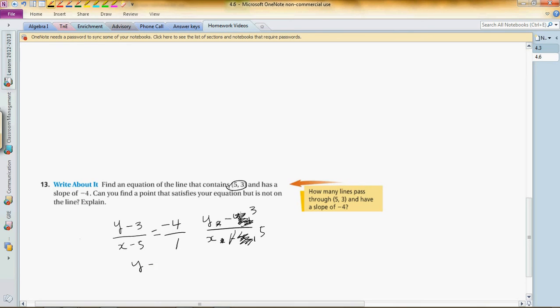Y minus 3 has to be equal to -4, because the numerator is y minus 3 on the left side, and the right side numerator is -4. Those two numbers have to be equal. And the denominator, we have x minus 5 on the left side. On the right side, we have 1. So this has to be true. And you know how to solve this equation to find